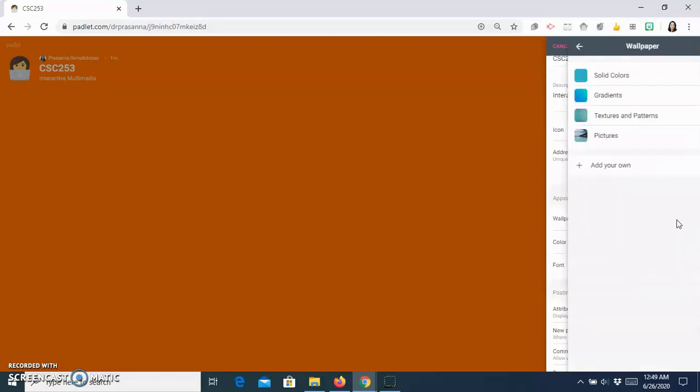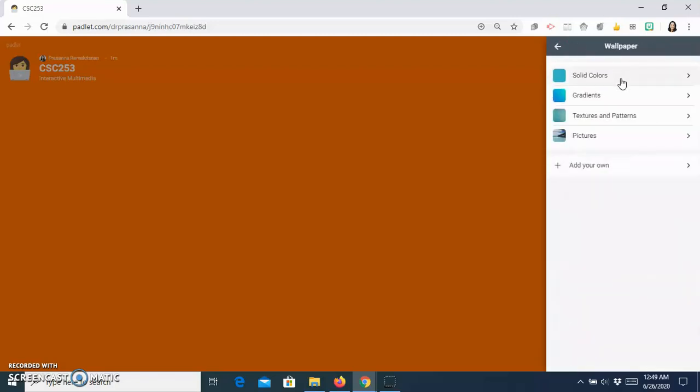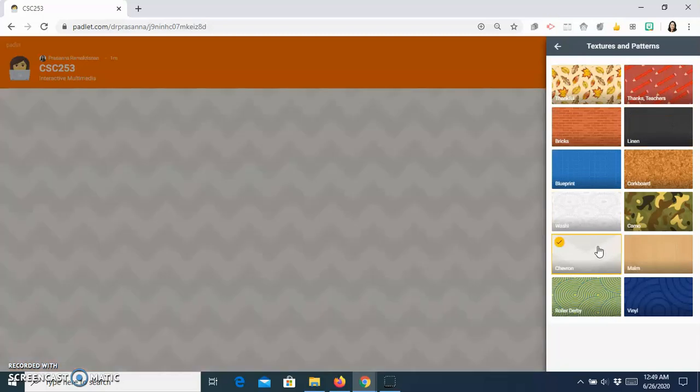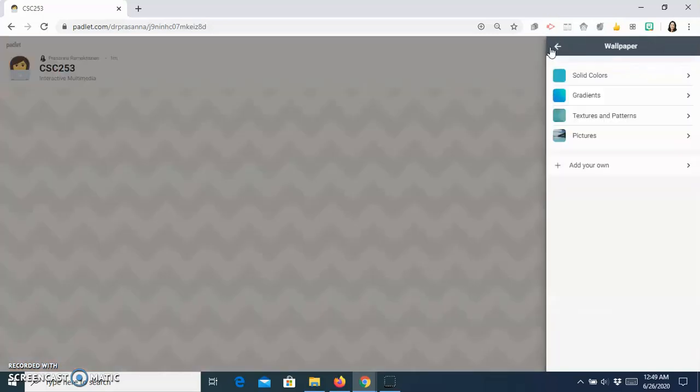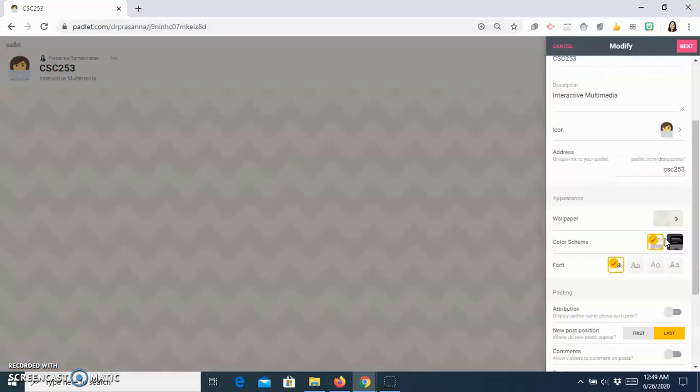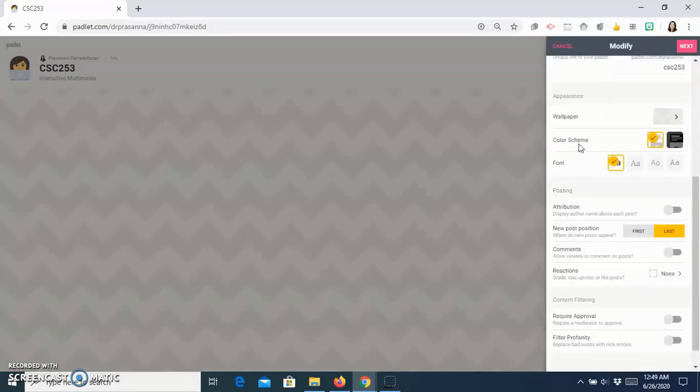Change the wallpaper to solid color, gradient, texture or picture. You can change the color scheme, the font,